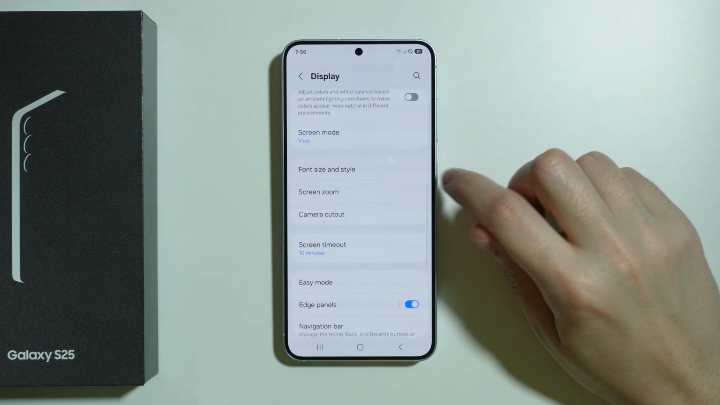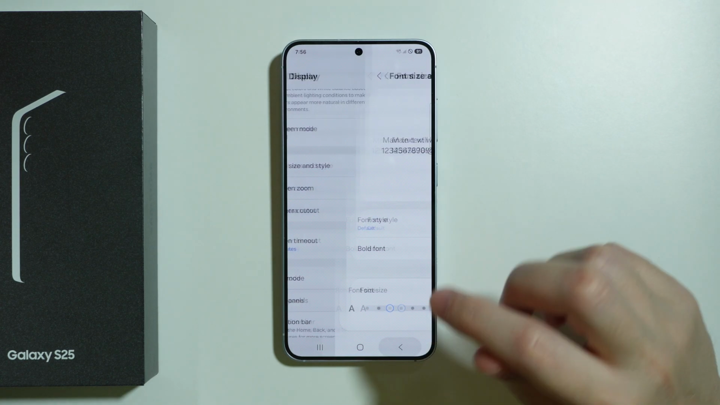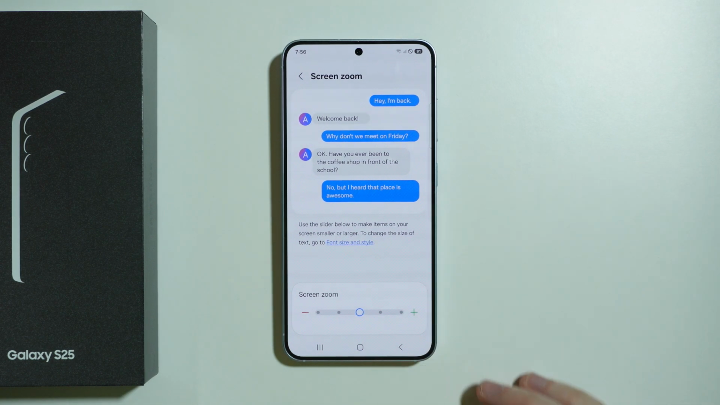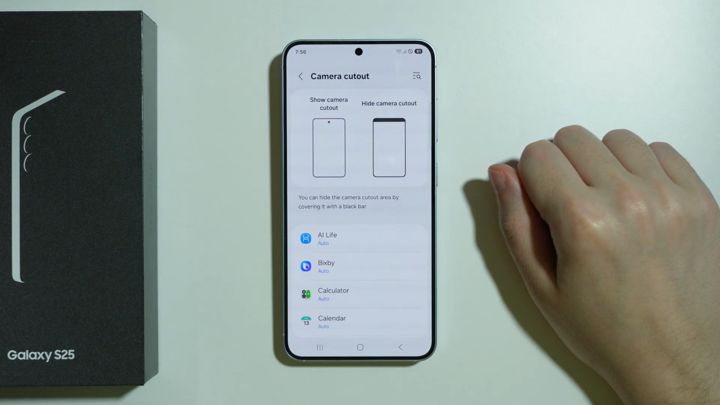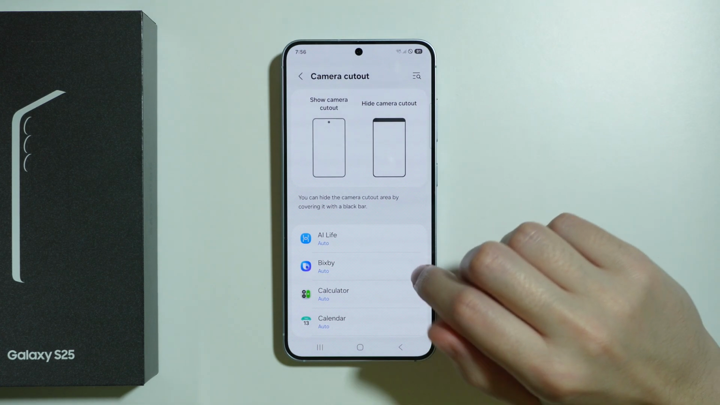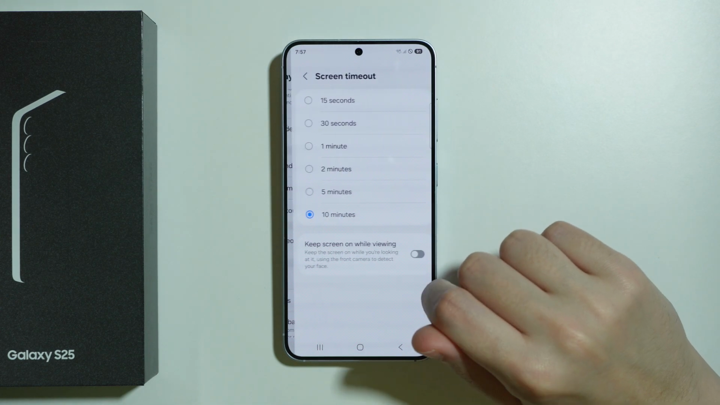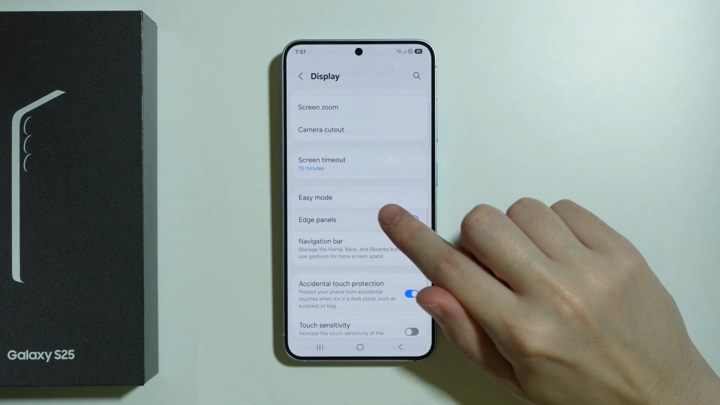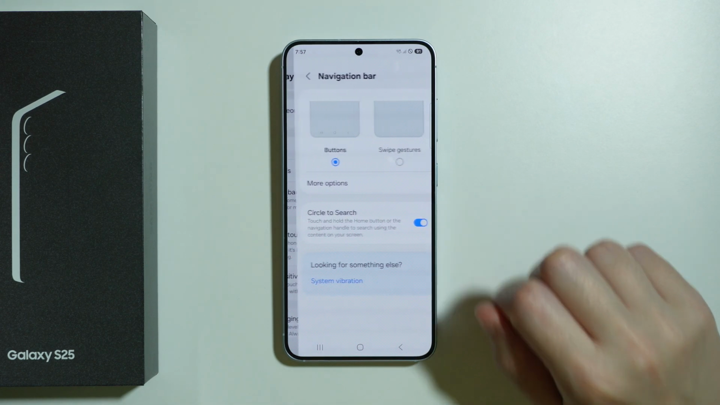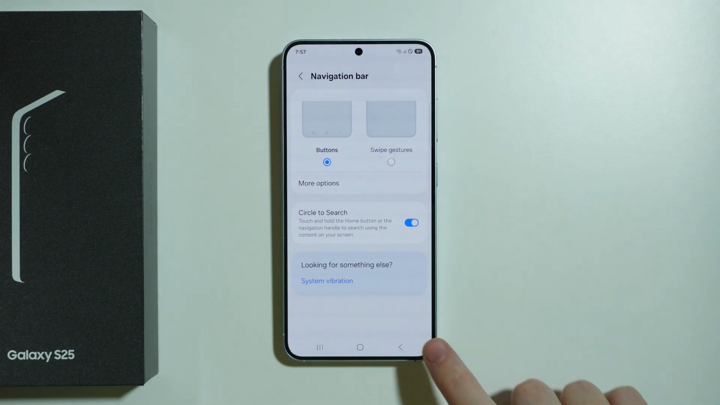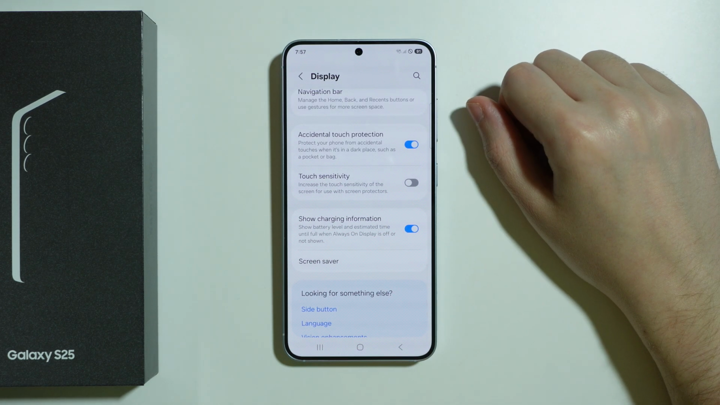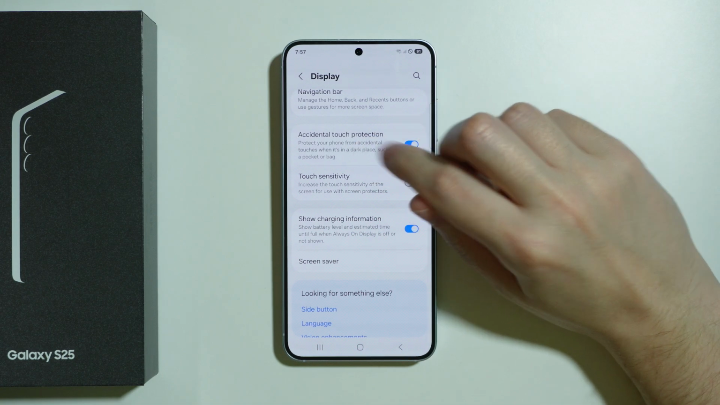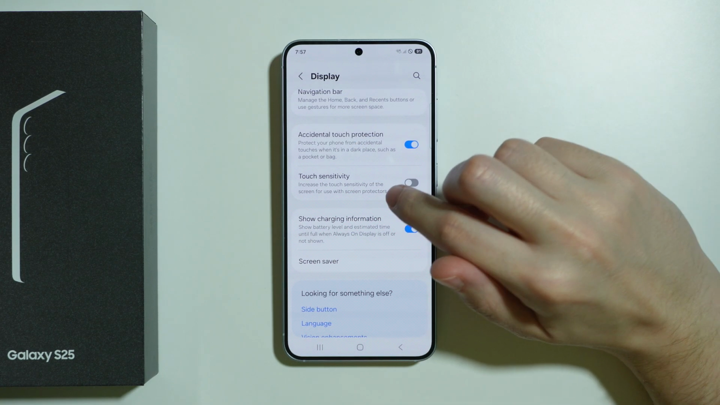Then we also have the font size and style options, screen zoom, where we can adjust the display size or DPI. We have camera cutout, where we can hide the camera cutout in specific apps. We have the screen timeout options, easy mode, and edge panels, as well as the option to choose between buttons or gestures for navigation, plus some additional options related to the touch, like the accidental touch protection or touch sensitivity,